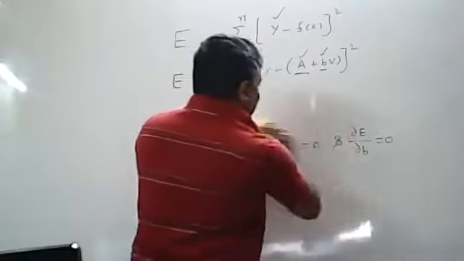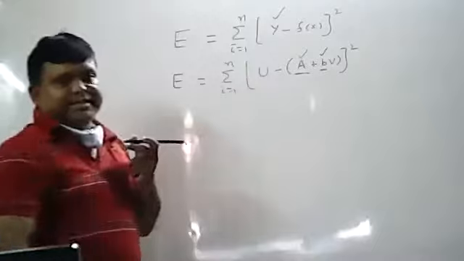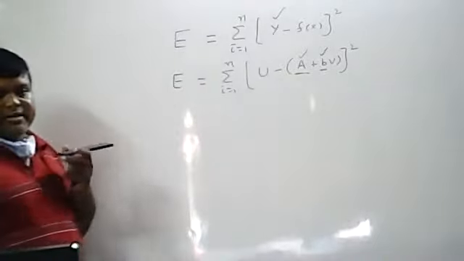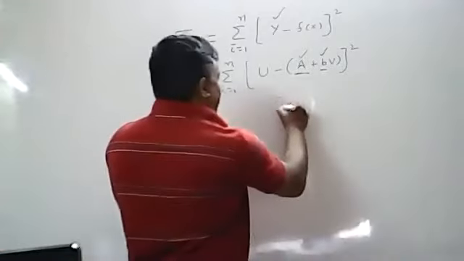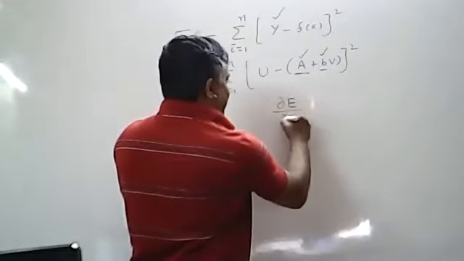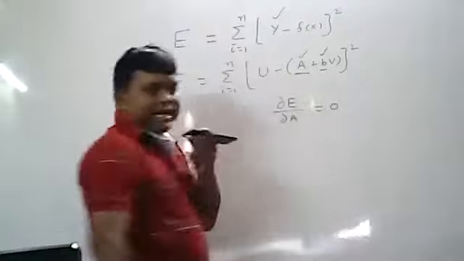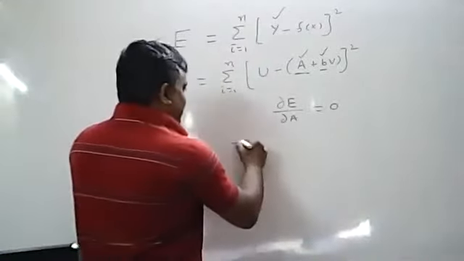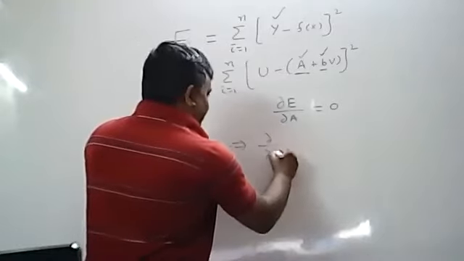Consider dou E by dou A equal to 0. This implies dou by dou A